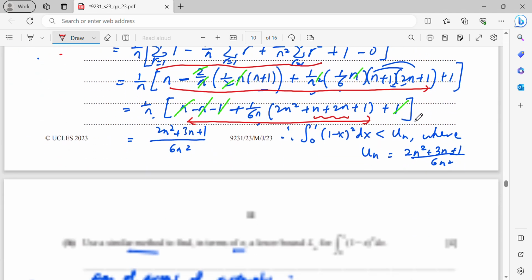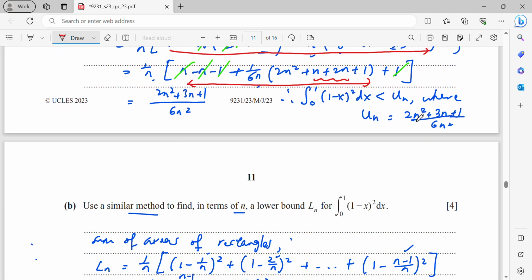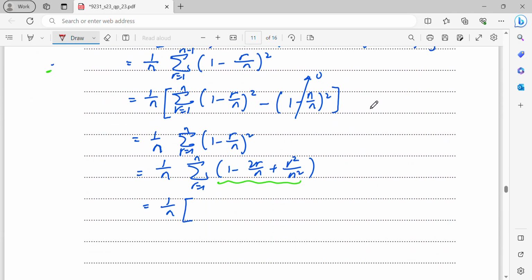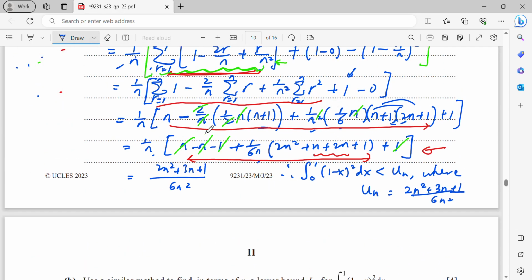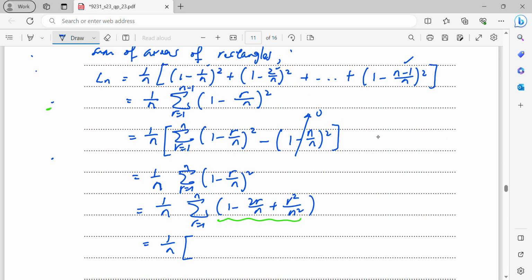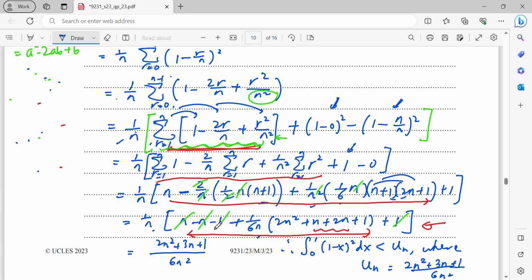So I will write n minus 1, directly copying the red color, except the plus 1 at the back. Then I will write n minus 1 minus n minus 1, n minus n minus 1, then plus 1